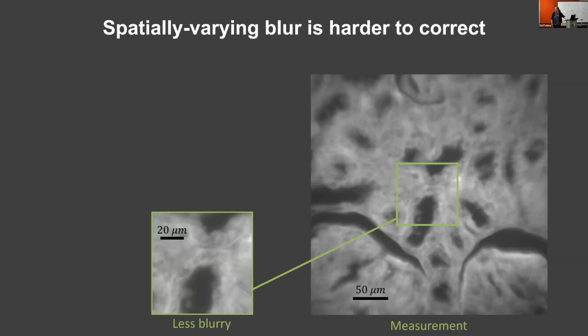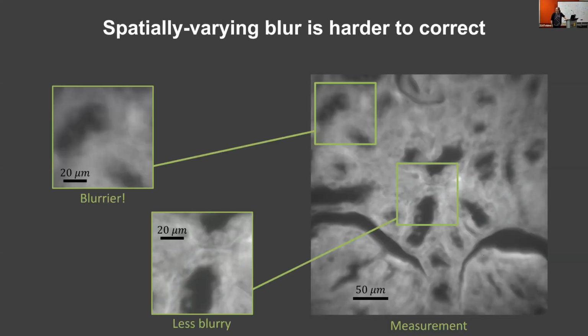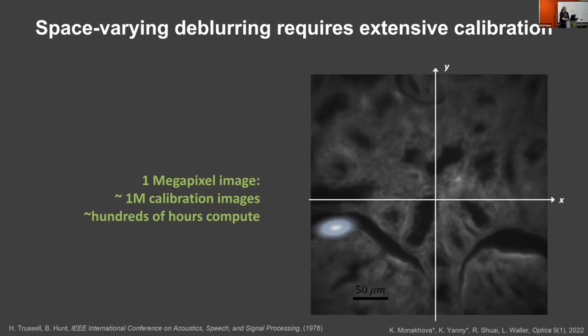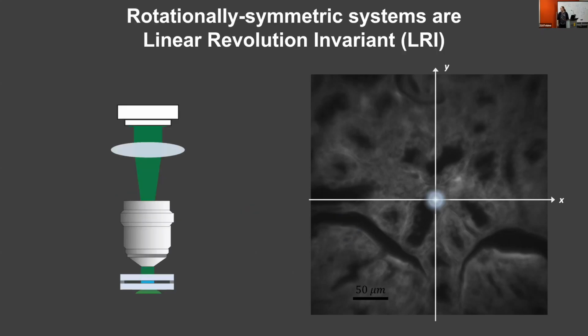So if you have a microscope, we often see that you have fewer aberrations in the center of the field of view, more aberrations at the outside. And if you just go and measure the point spread function at different points in the field of view, it'll be smooth variations of a point. But you run into this calibration issue that you need millions of images to properly calibrate a fully shift-variant system. So Amit along the way came up with this idea that most traditional optical microscopes are